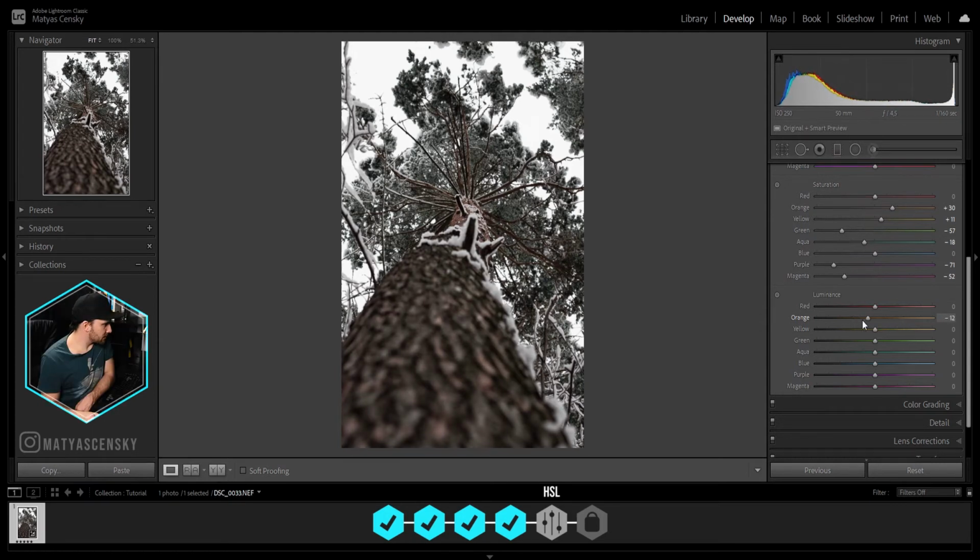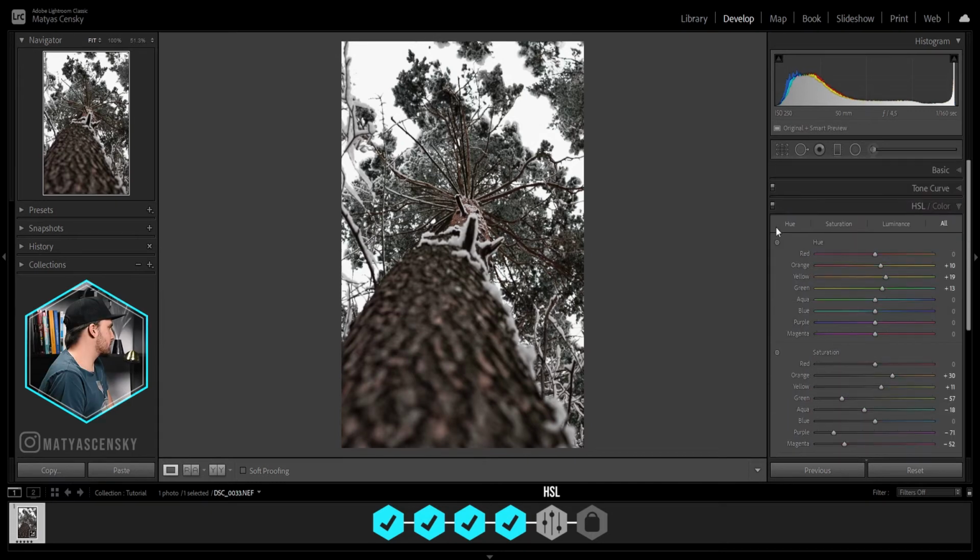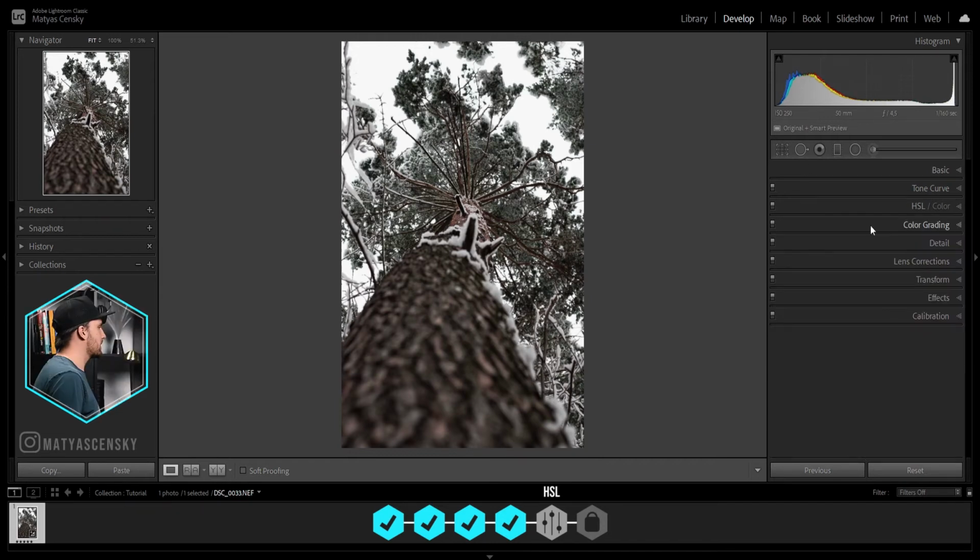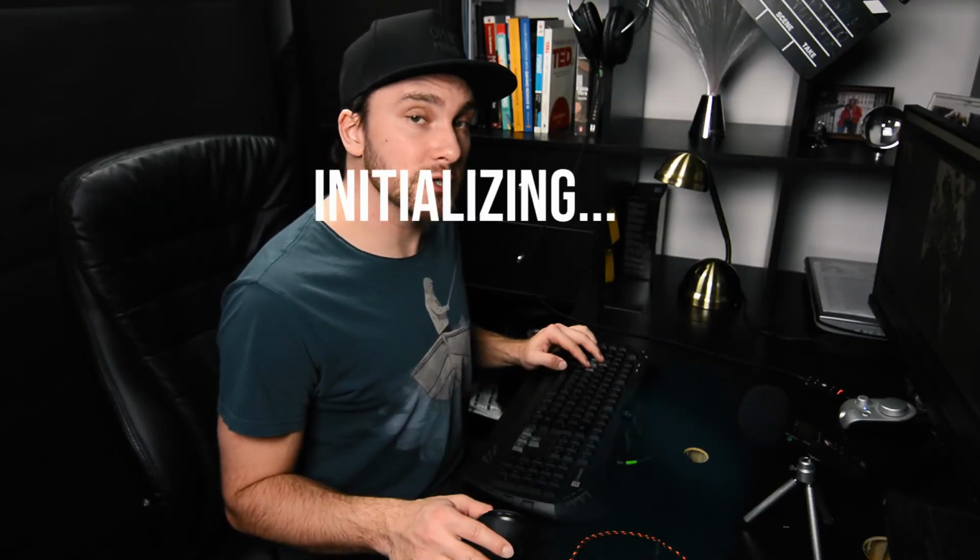Can bring this up a little bit. I don't want to go overboard because it sucks out the color. You can raise the yellow, greens, sure. Okay, and here's your HSL slider. That's before, that's after. Very tiny change, but if you focus here, you can see we added a bit more color. And now we get to the most important part, the secret sauce if you wish.